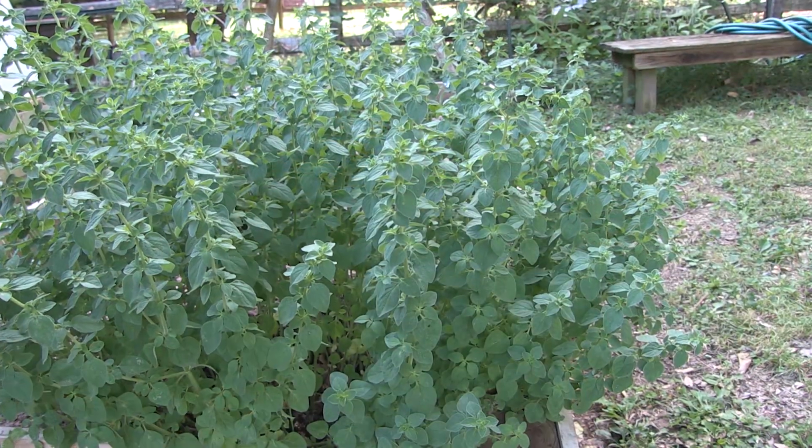This plant also germinates easily and transplants well, and this is one that will come back year after year, unless you're in maybe extreme northern growing zones where it might not come back every year if it gets too cold. But here in zone 6B, we have good luck with it surviving the winter. We prune it back multiple times during the summer, and then every spring it pops back up, and also it will kind of reseed itself and grow. I have a patch that I've had going for several years now in a raised bed that has kind of filled out one whole corner, and I